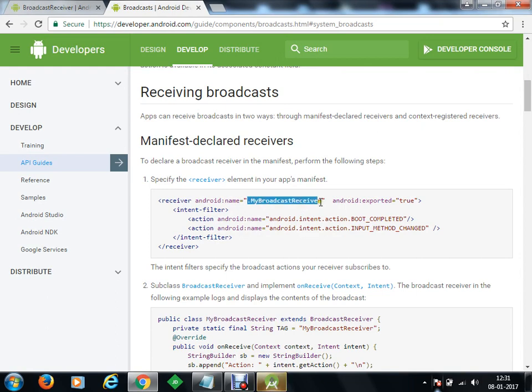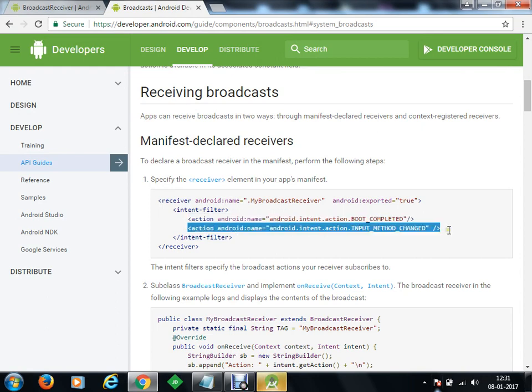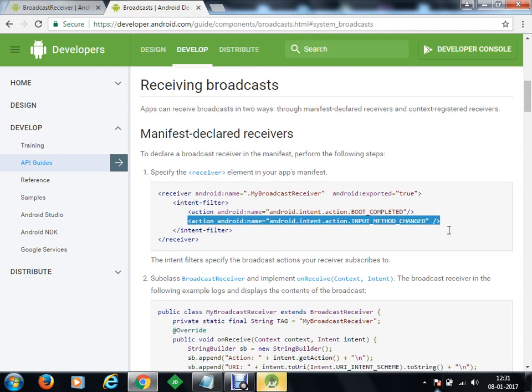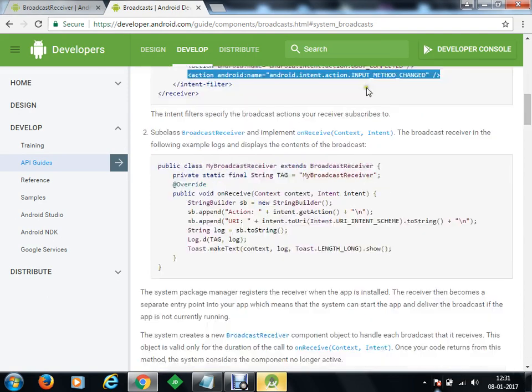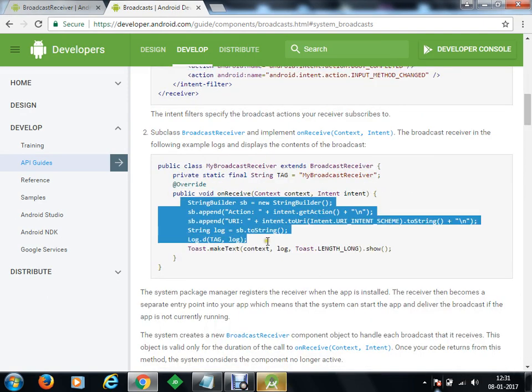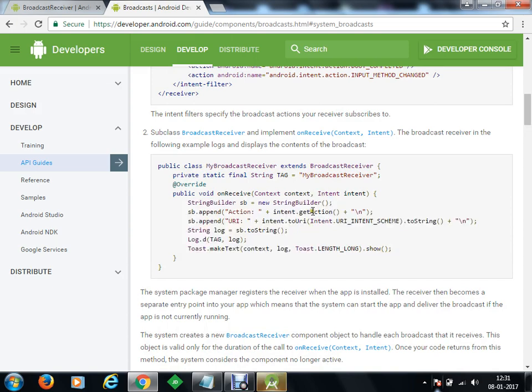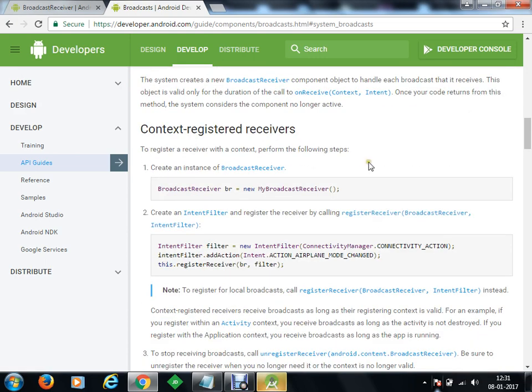Let's say आपने एक broadcast receiver register किया. Receiver register करने के बाद में boot completed is telling you कि आपका phone boot हो चुका है, on हो चुका है. Okay. There is another action, input method changed. Okay. So this is how some broadcast has been done, and then in onReceive they have tried to get some action from the intent. They match the action, and if that action has some value, they have taken the values. Okay. तो ये कुछ system intents हैं.